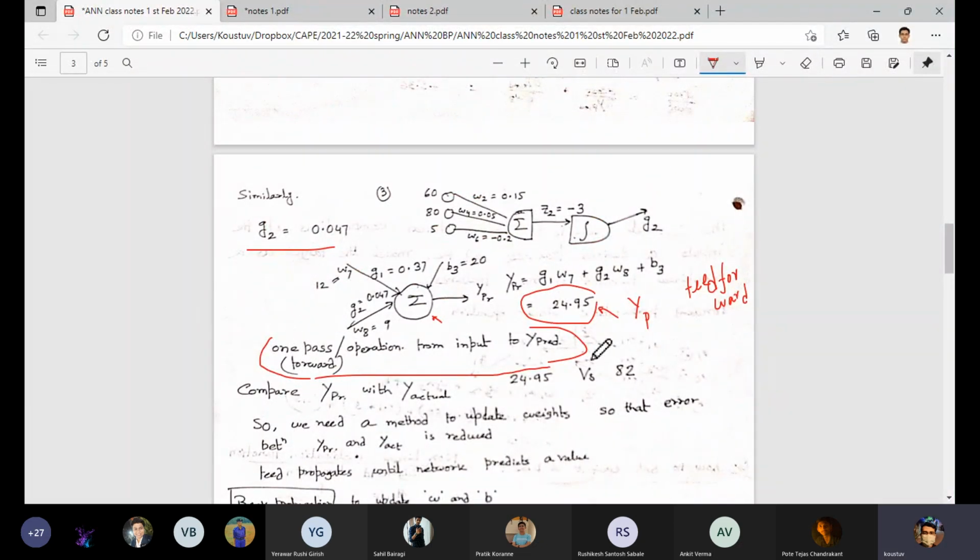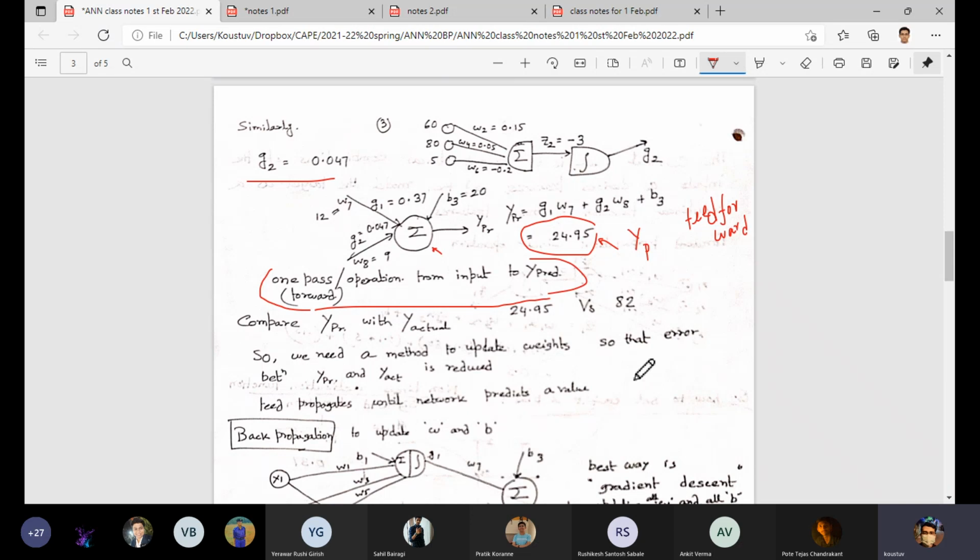So that means it is not good. Not saying correct, but the model performance is not good. So it is understood that the W and B values we had taken were not correct. There must be some way to make them correct. So we introduce something called back propagation. The initial direction was this, and then we go in this direction. If this direction gave you the Y predicted, this direction will tell you what W and B you have to take.